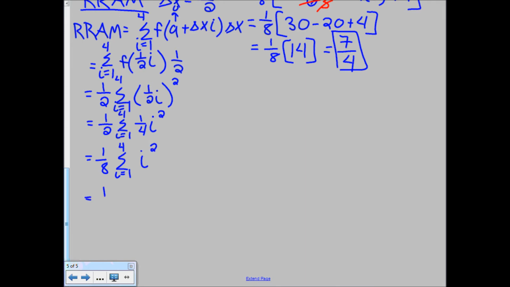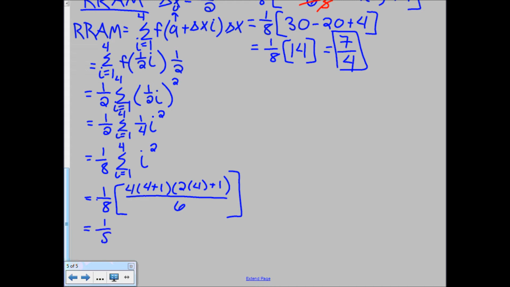And now we can just plug in for our formulas. We don't have to split it up. So I get, oh, sorry, not 1/4, 1/8, whoops, times 4 plus 1 times 2 times 4 plus 1 all over 6, using that summation formula for i squared. Now we're just going to simplify. So we're going to get 1/8 times 4 times 5 times 9 all over 6,